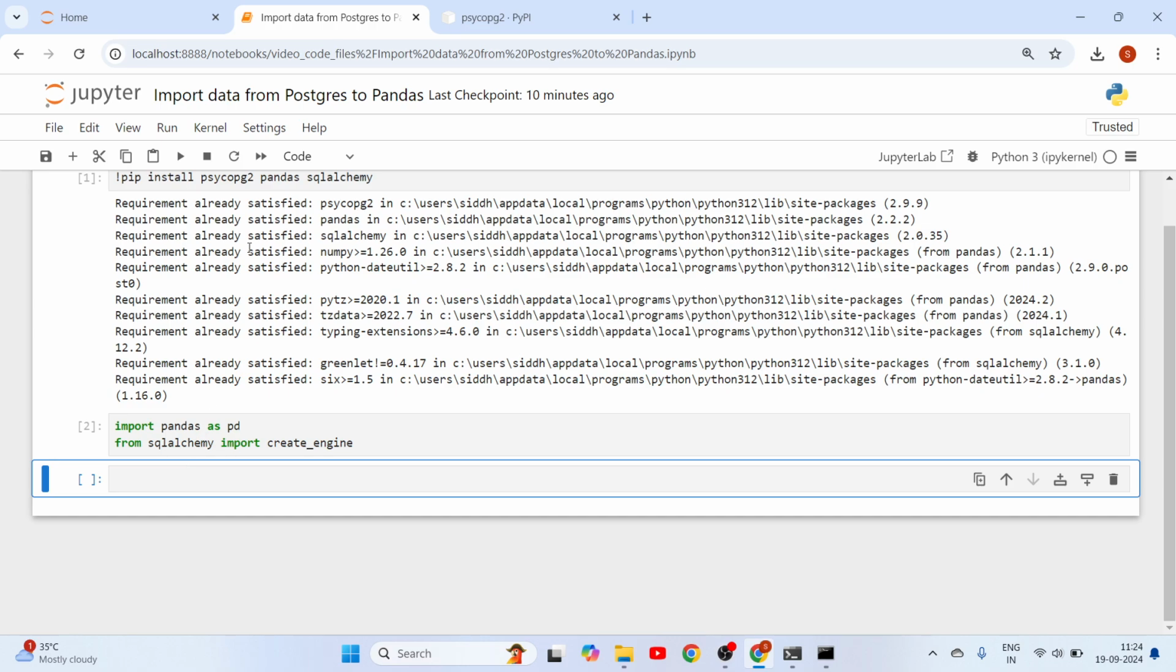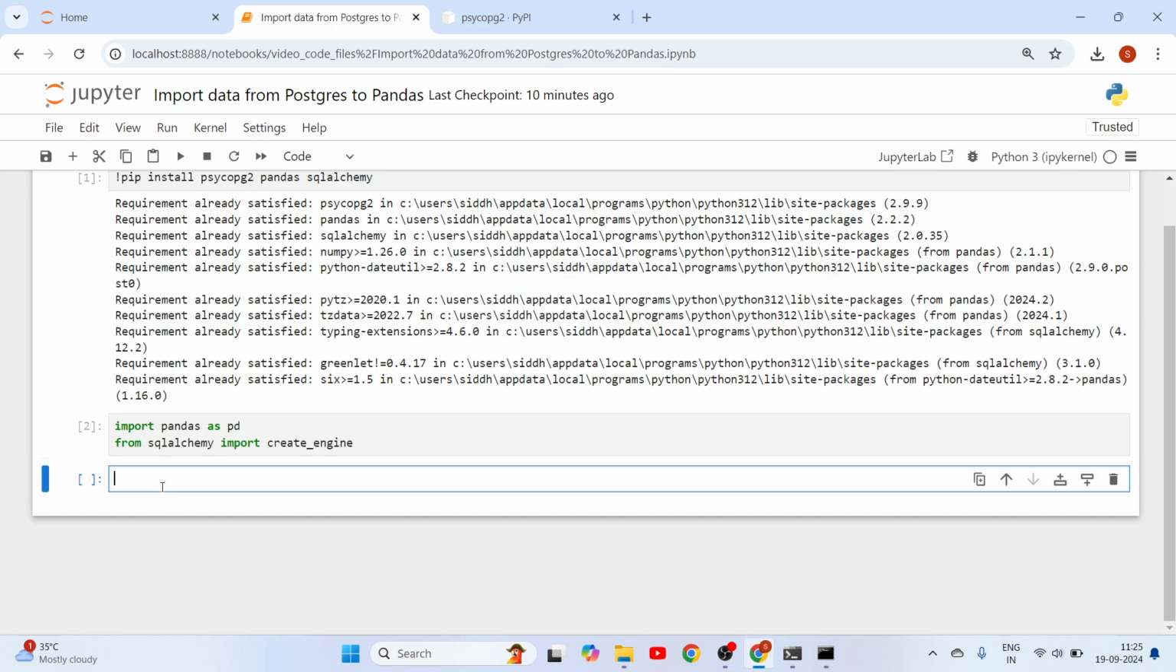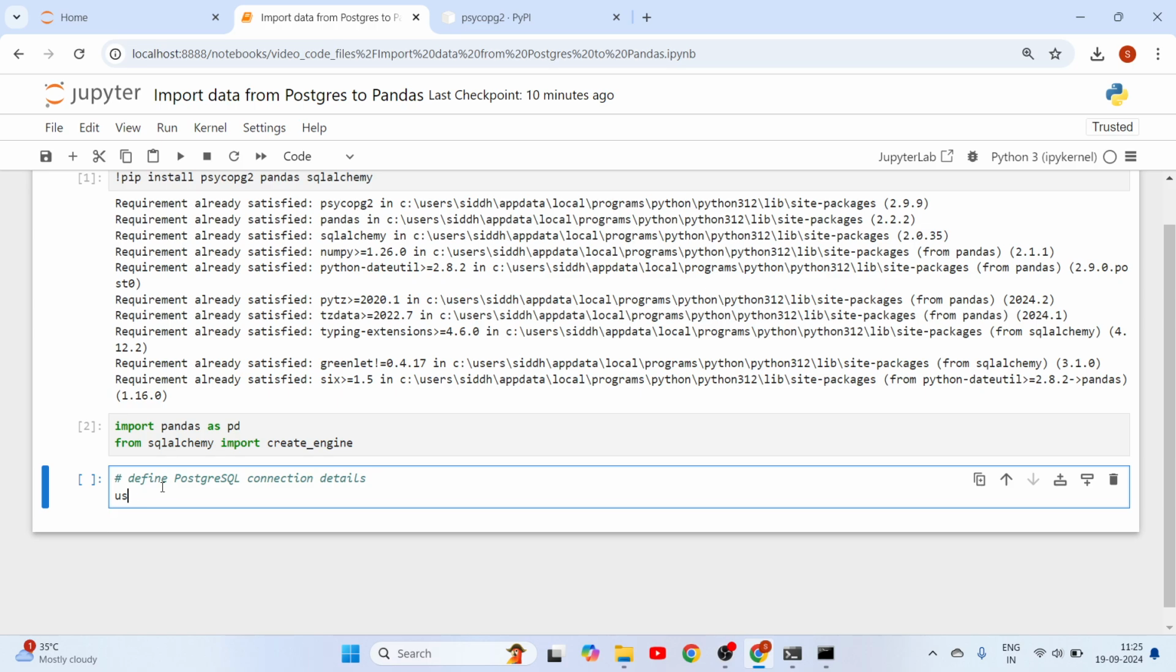So the import statement is also done. Now we have to define the username, password, and other details. Let me put a comment here saying define PostgreSQL connection details. Now I can say username is equal to